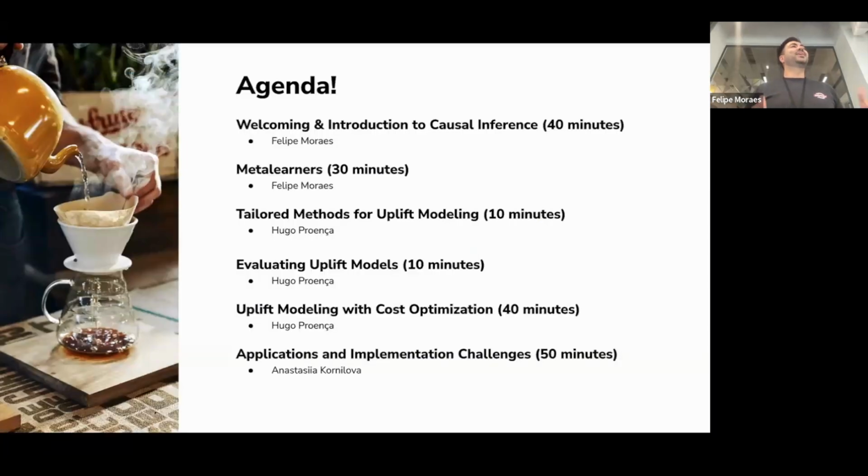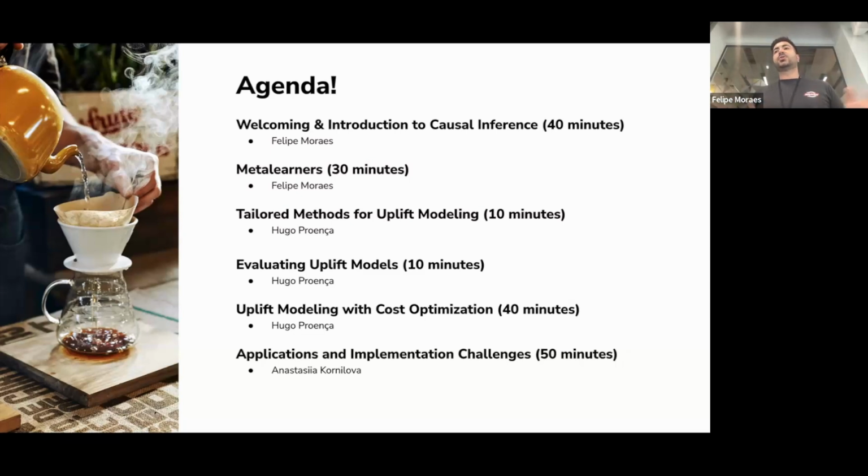As any tutorial here or any presentation doesn't start without an agenda, right? So the first part of this tutorial is going to cover the introduction to causal inference, about 40 minutes, and following that, we're going to dive deep into uplift modeling, the specific part on meta-learners.